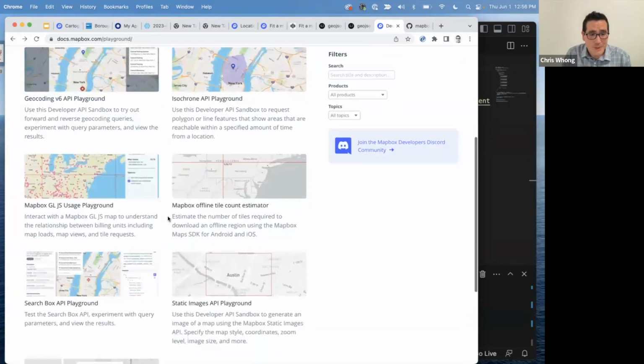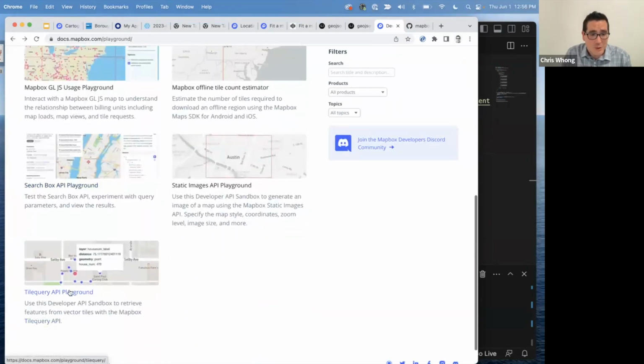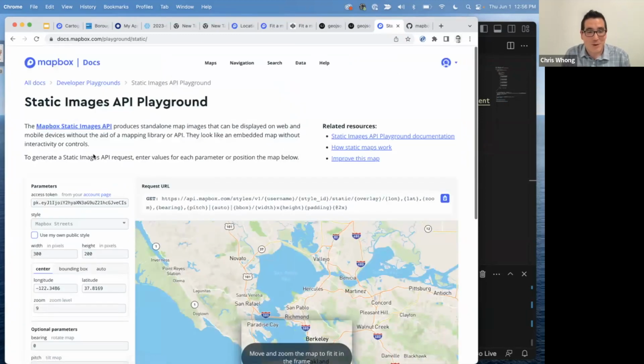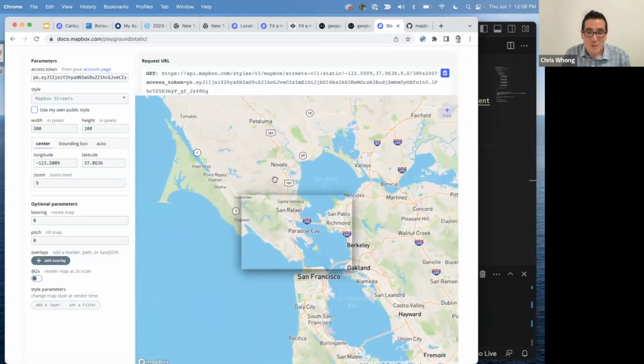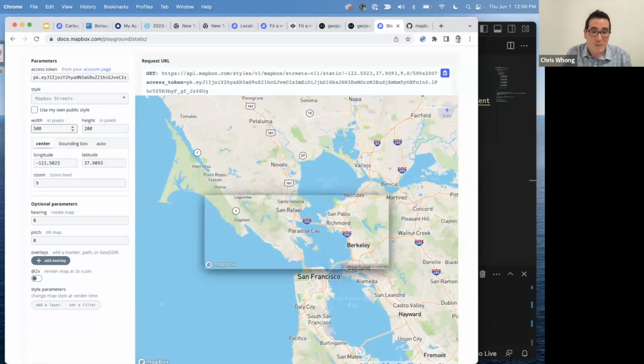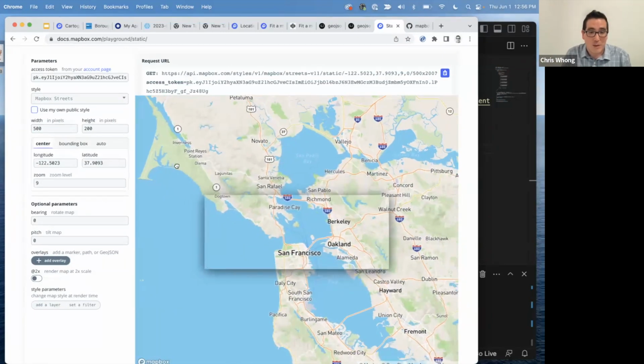Which is great. And last but not least, I'll show the tile query. Actually, no, there are two more. The static images API playground is a lot of fun. We have an API that will get you a static image, so you don't have to load a map every single time. If you just want a picture of a map, that's a lot better for putting into a receipt or an email or an MMS message, which Connor was working on recently. You can change the dimensions and see in real time what this would look like, without having to call the API a million times on your own and open up the image as it downloads.